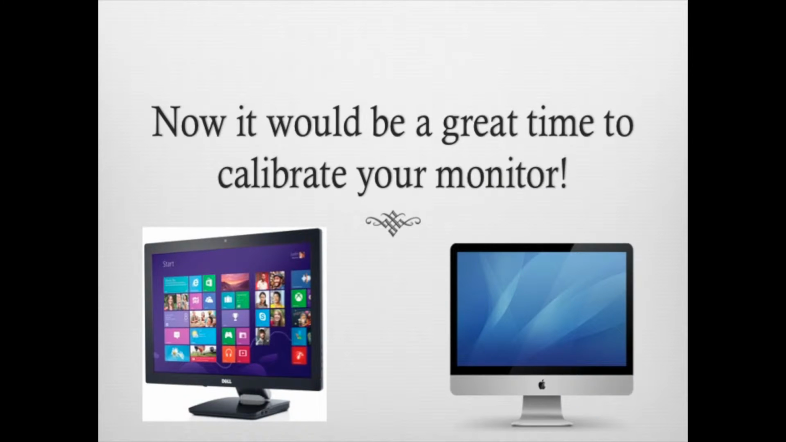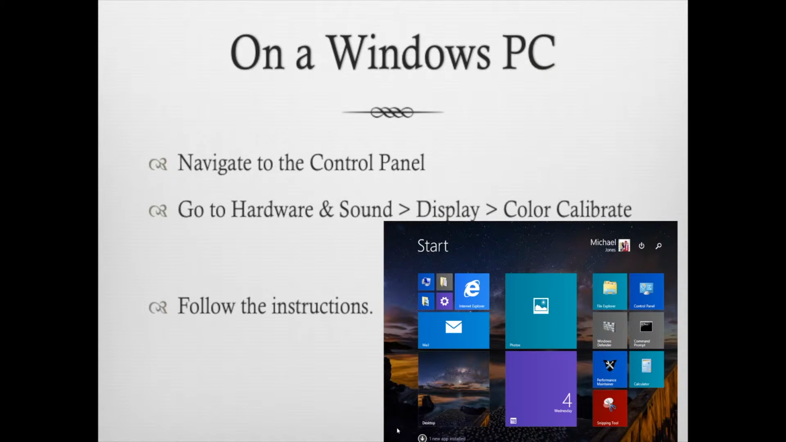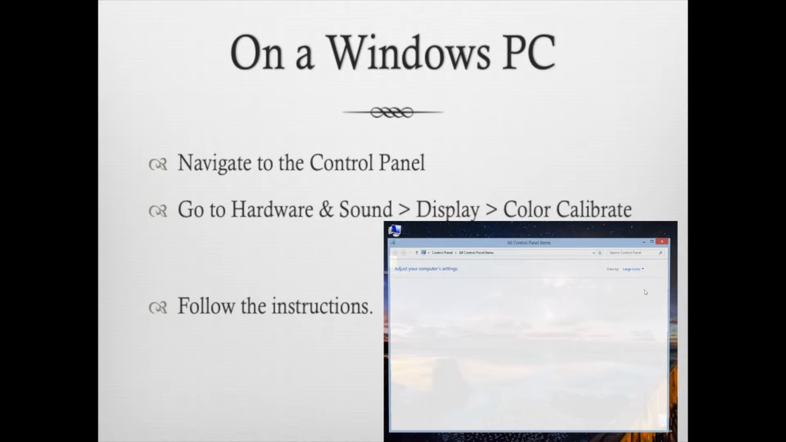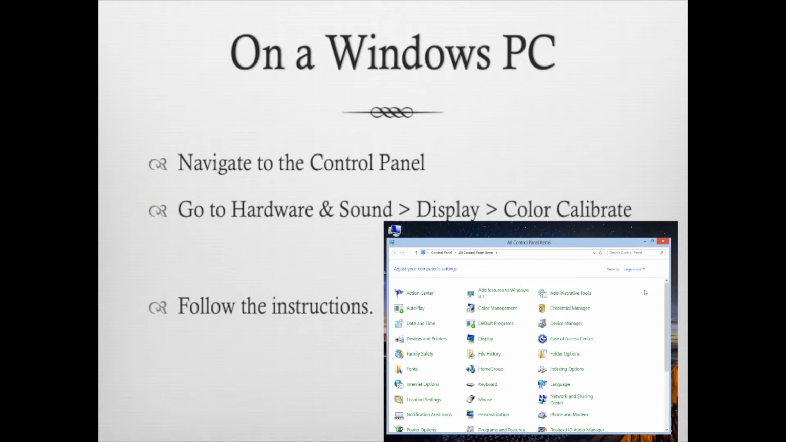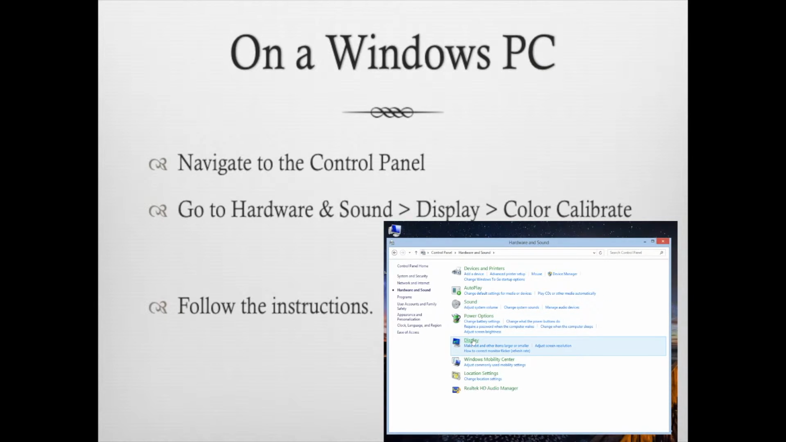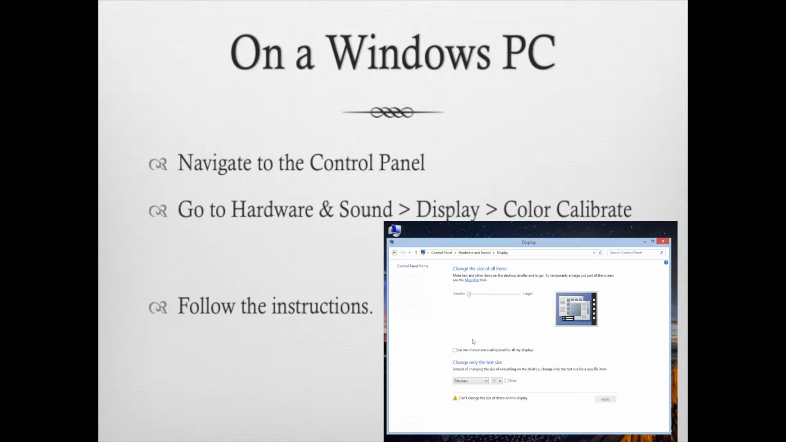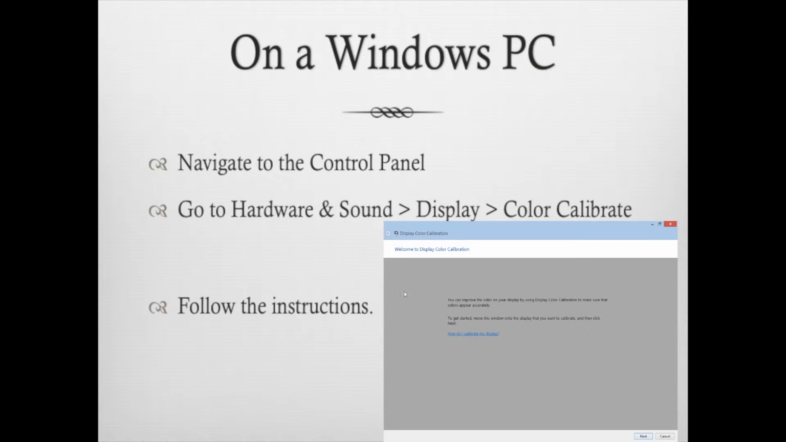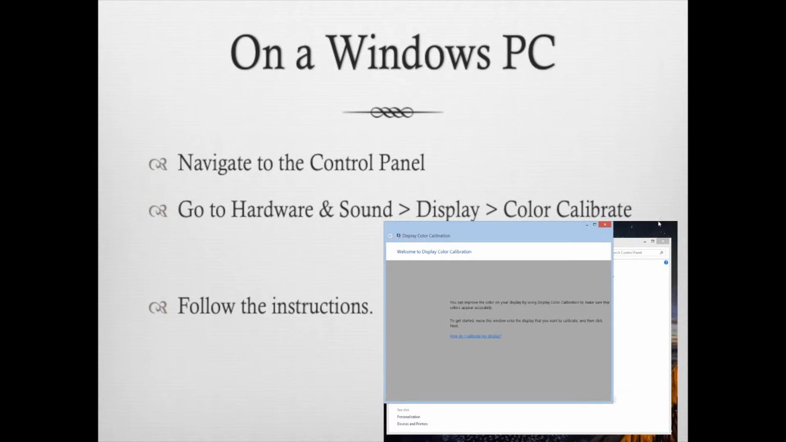Now it would be a great time to calibrate your monitor. On a Windows PC, go ahead and navigate to the control panel. So I already have the control panel on my start menu, so I'm just going to click it. Now if you have it in category mode, go to Hardware and Sound, select Display, and in the corner here, select Calibrate Color. Now, all you have to do